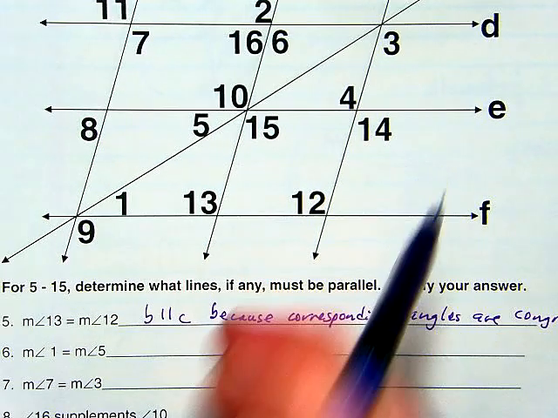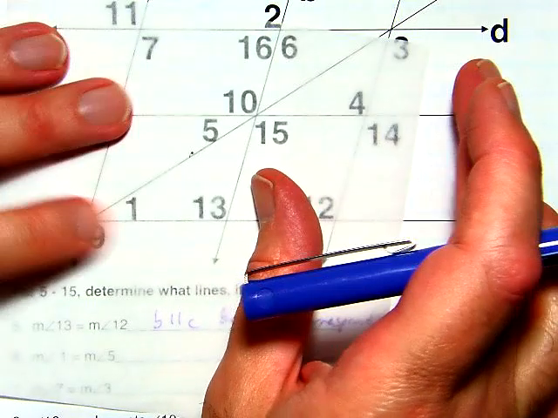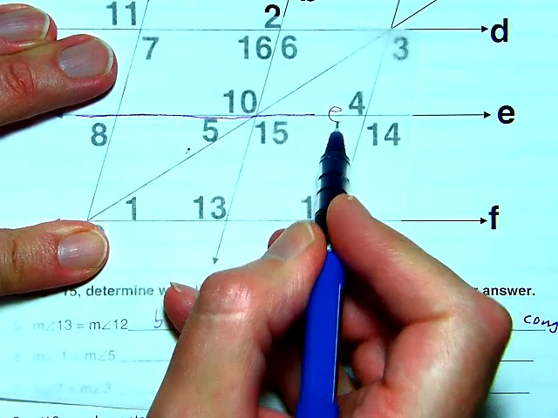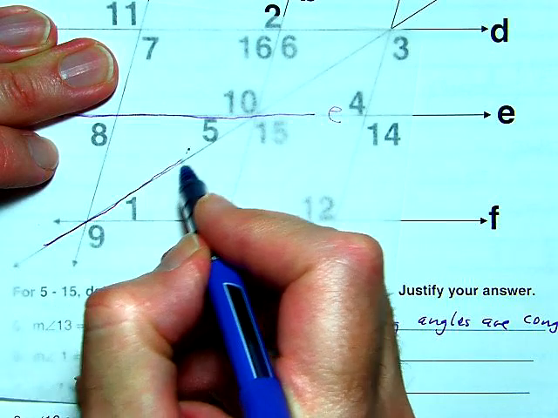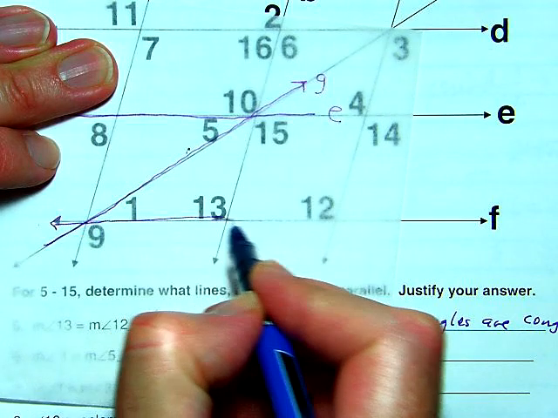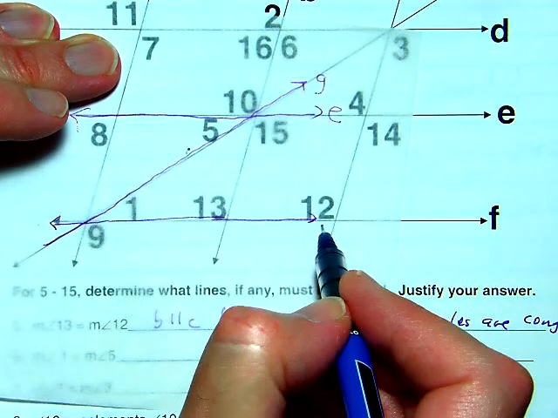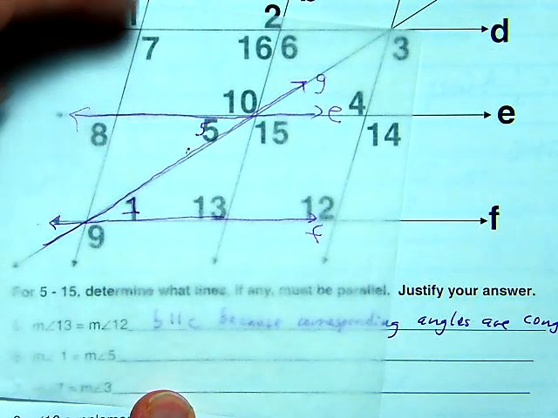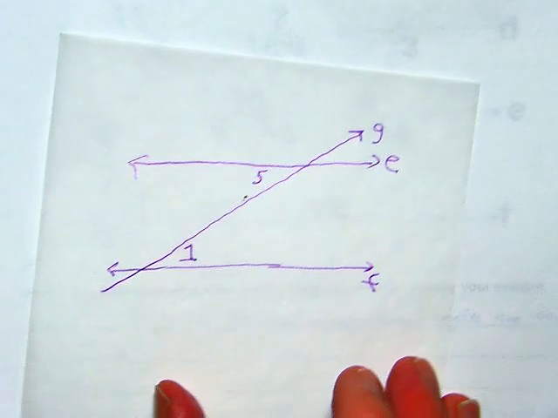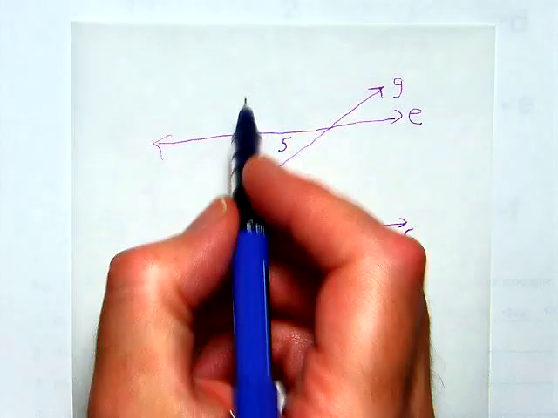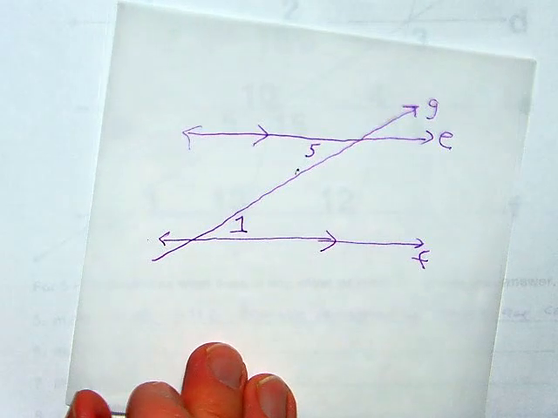So let's go ahead and patty paper it, and let's see what we really have got. This is line E. This is line G. This is line F. Okay, and this is angle 1, and this is angle 5. So let's take a look at what this is without all the distractions of all the other lines being around. Well, suddenly this is not such a hard problem, right? I'm hoping that it's obvious that these 2 lines are parallel because